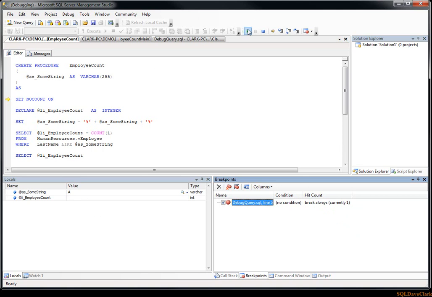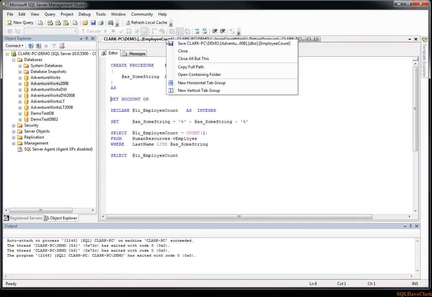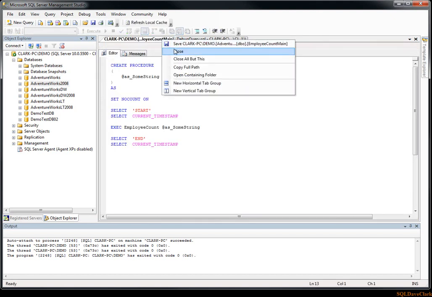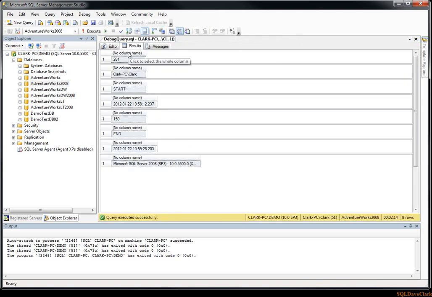Okay, so that's pretty much the gist of the debugger. One thing is it leaves those windows open of the stored procedures. Some people will go in there and start trying to modify it while they're debugging something, and that won't